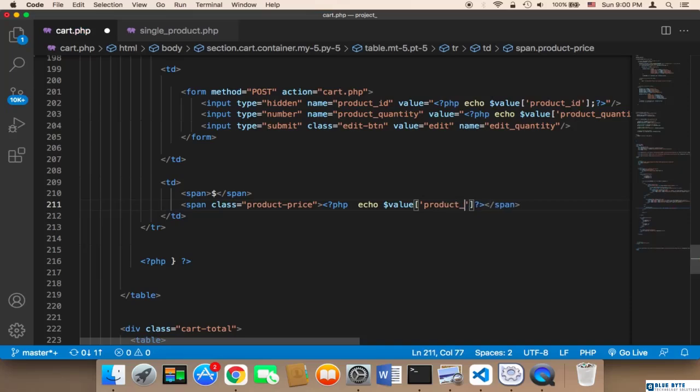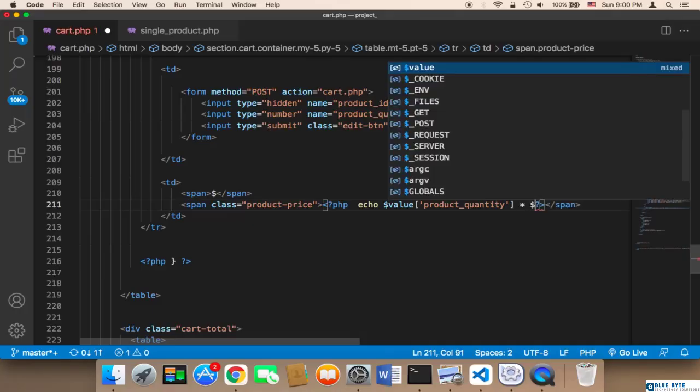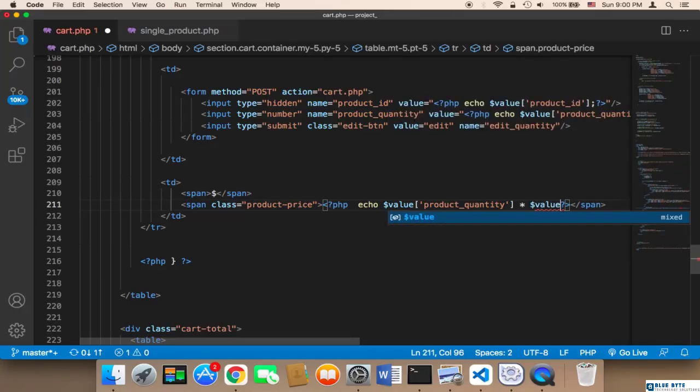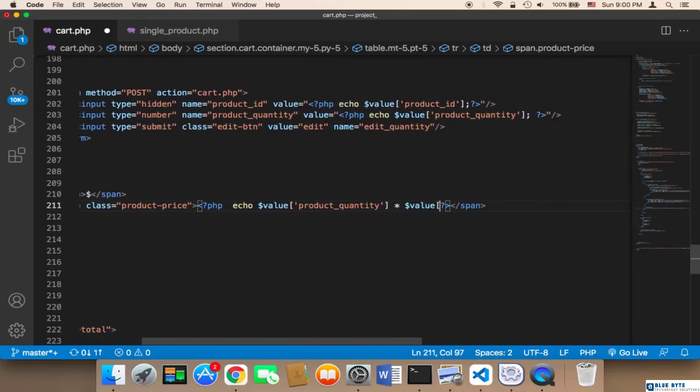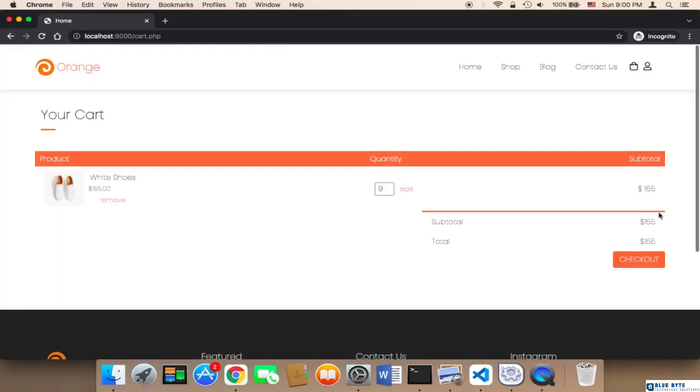quantity times the value product price, product underscore price, and then semicolon. Don't forget the semicolon. Now let me save and let me refresh and show you that now this is going